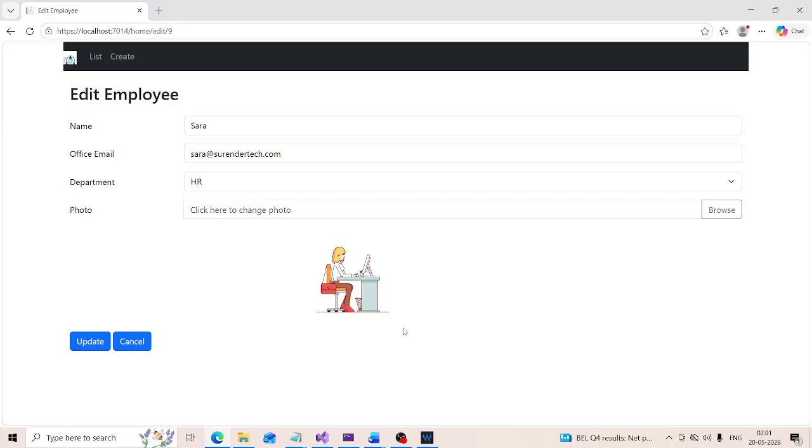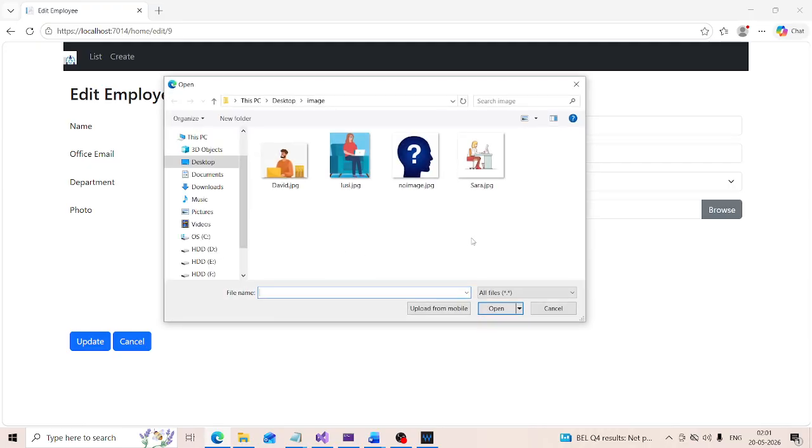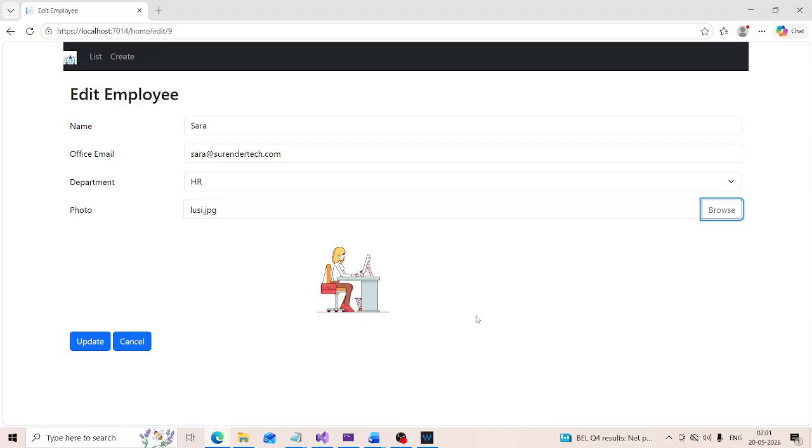Now if I want to change my photo, I click the browse button and then select the photo. I select Lucy, open it. I have selected lucy.jpg, and at this point when I click update,